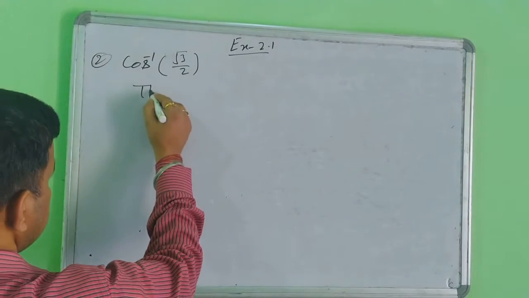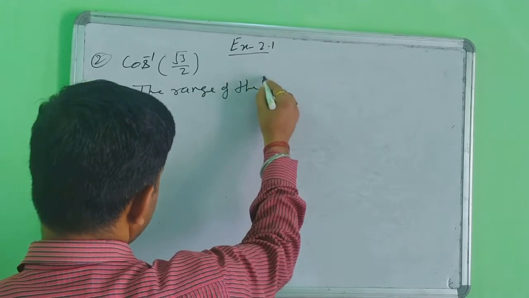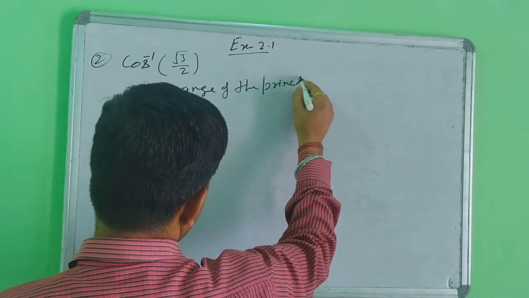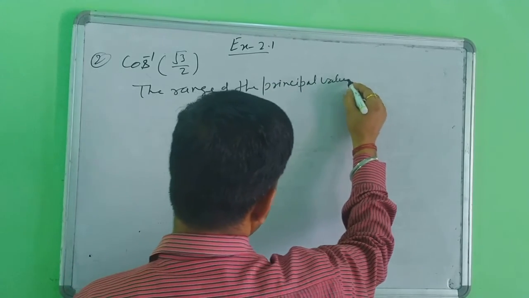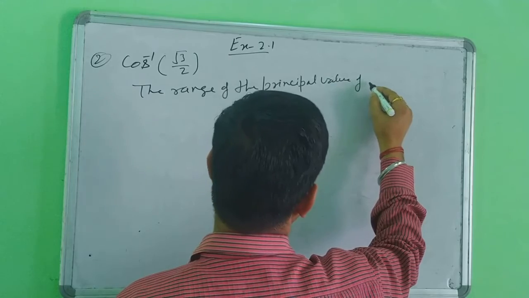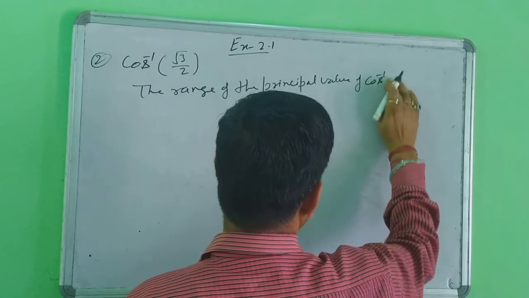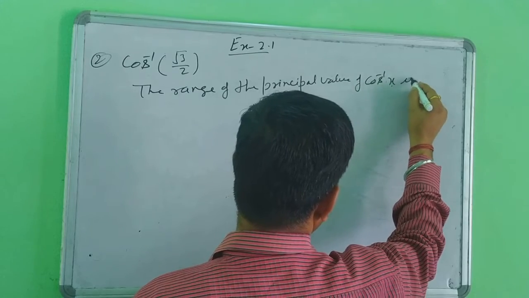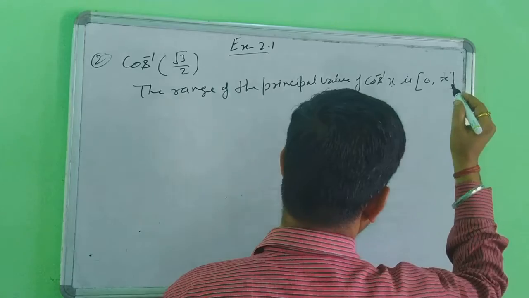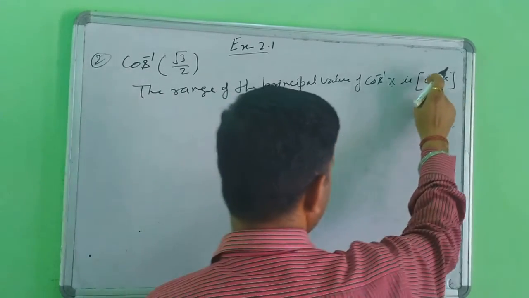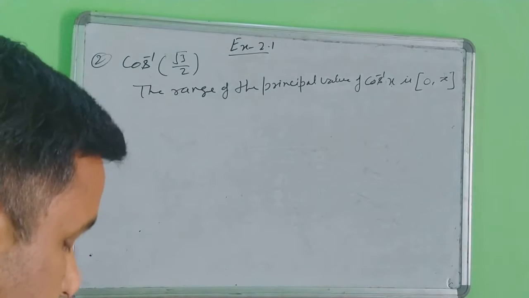So the range of the principal value of cos inverse x, or theta, no problem, is 0 to pi. You will write here 0 to pi. This is the range, 0 to pi here. Then